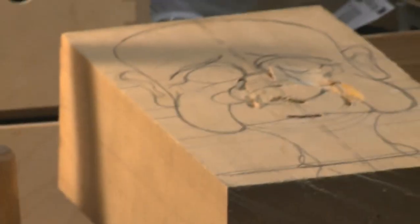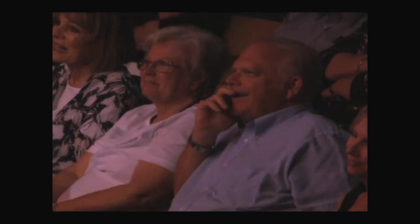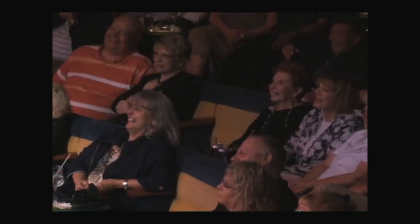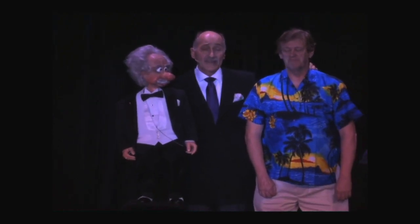Whether it's building a dummy or creating its character, at the end of the day, ventriloquism is about having fun. The question is, who's having more fun, the audience or the performer himself? Probably more than anything, I enjoy making people laugh and having fun and bringing the character alive. It's really important to me that I can create a personality, a character, and have it entertaining. I'm not anywhere near as entertaining as...